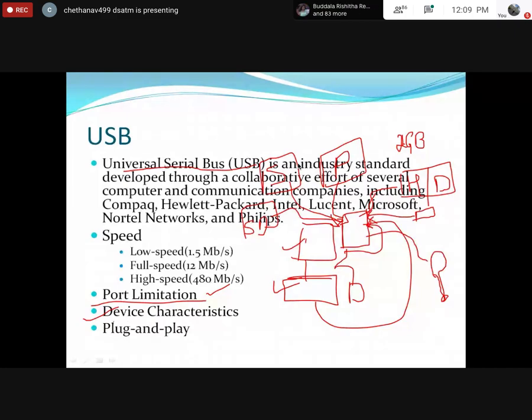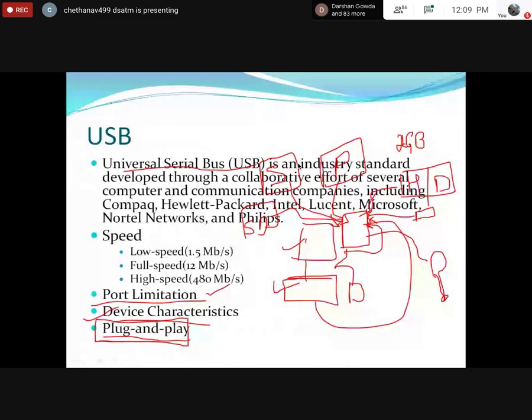And one important thing you have to remember, an important concept in USB, is plug and play. What is plug and play? Plug and play is nothing but just plug the device. Plug means just connect the device. As soon as you connect it, the device will work. Hope you have understood. Assume my system is on already, and I'm presenting some PPT to you. Automatically, I want to add one pen drive. I can add it, right? As soon as I add the pen drive, it will activate it.